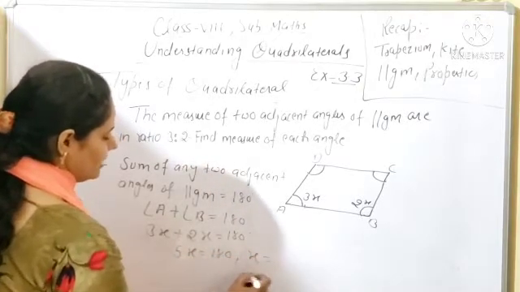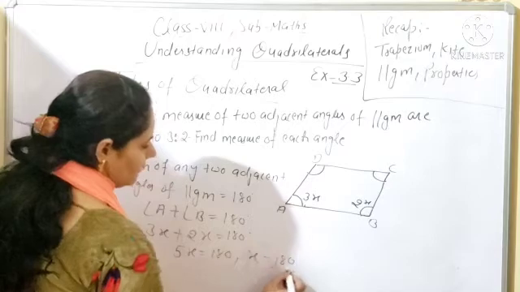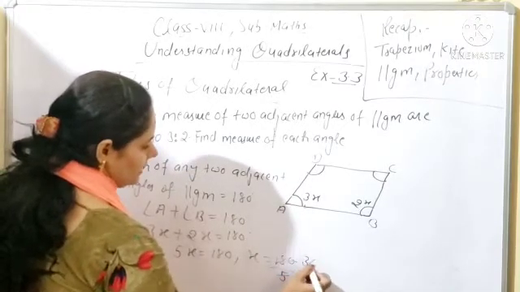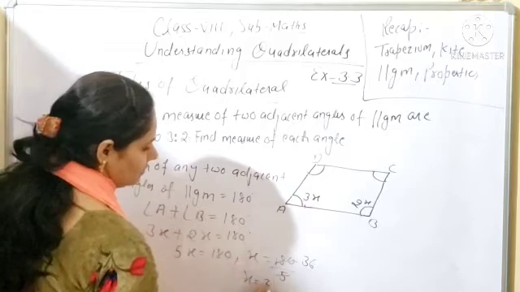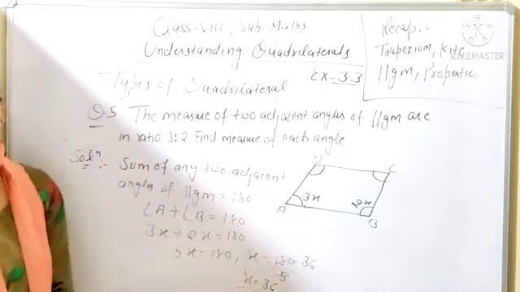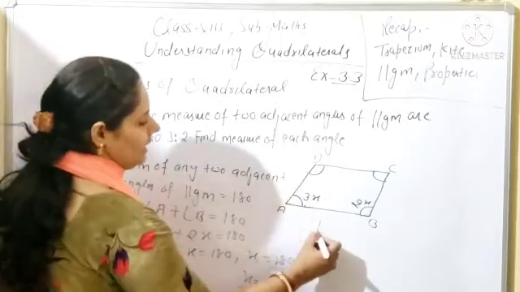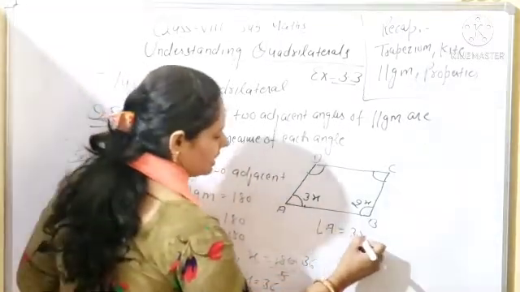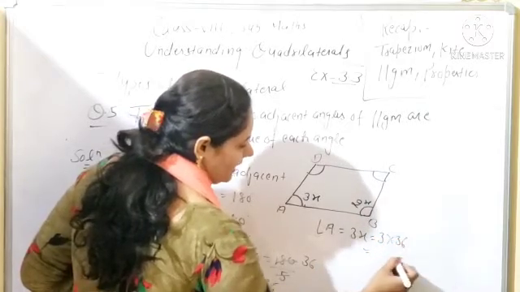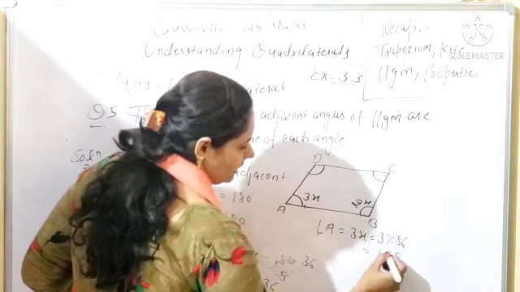So what will be the value of x? So you can say 180 divided by 5. So 5 3s are 15 and 5 6s are 30. So x will be equal to 36. Okay. If x is 36, so what are the adjacent angles, beta? So angle A will be equal to 3x. It means 3 into 36. So it will be equal to 3 6s are 18, 3 3s are 9 and 1, 108.